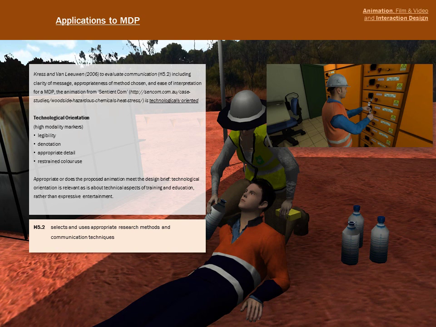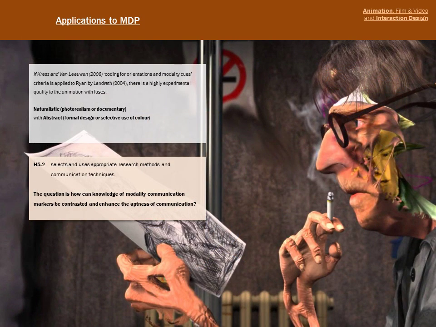So moving on to understanding how that photorealism can be tweaked, we're having a look at the Ryan by Landreth again, to see that the distortions work to communicate a kind of idea behind the documentary, which isn't necessarily unreal